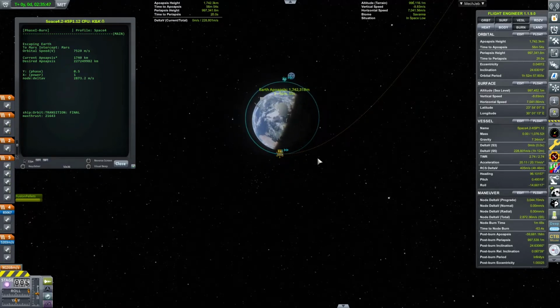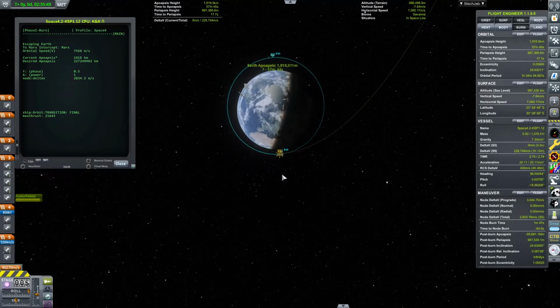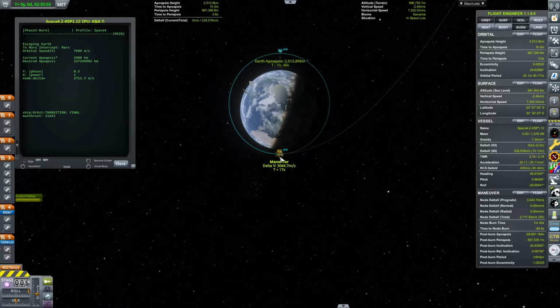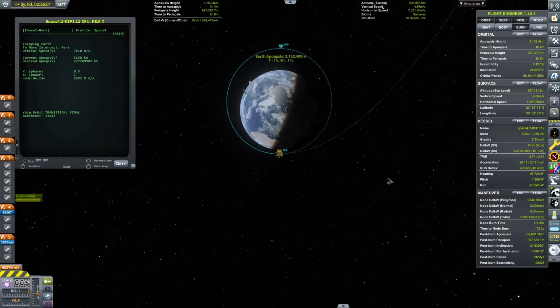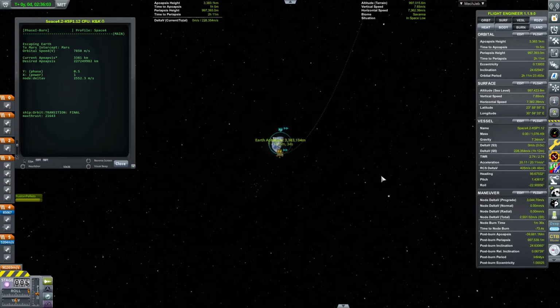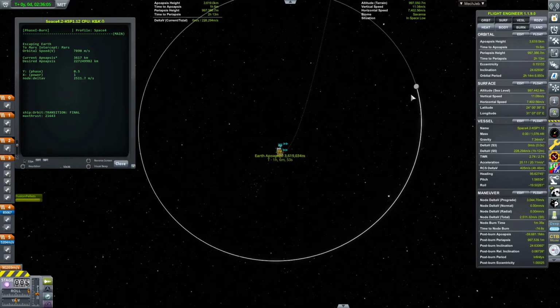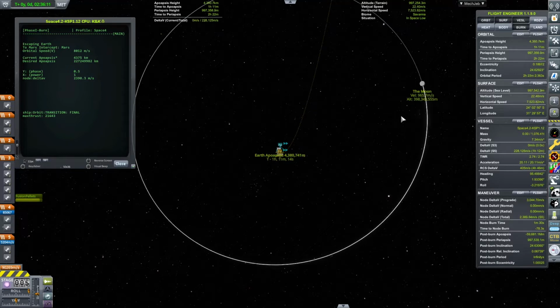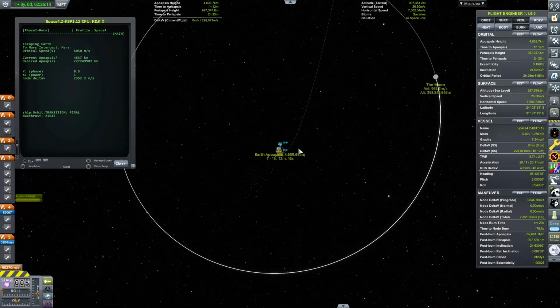So when we are doing a prograde burn in this direction, apoapsis will increase in this direction. Here we have the relative scale to the moon, and we can also see the moon's current altitude in relation to the Earth. And as you can see here,